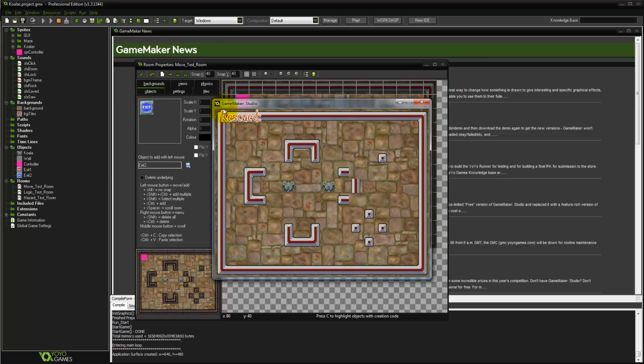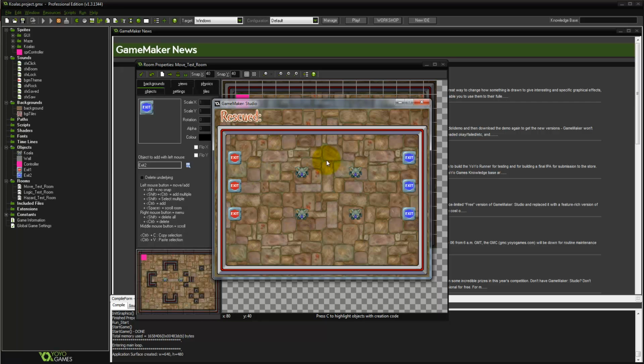There we go. That's what I was talking about. This is why we had to move the wall down. That looks really weird. Hit the N key. Now we can see, okay, this works pretty good, having it like this. And when I get a koala through an exit,